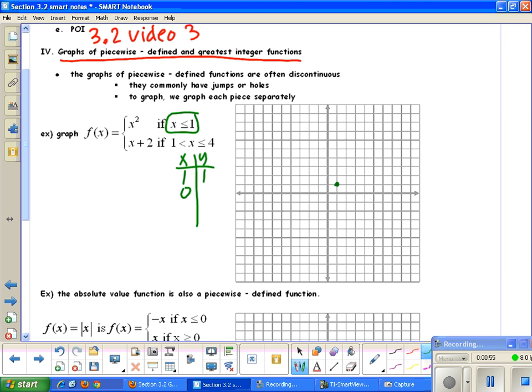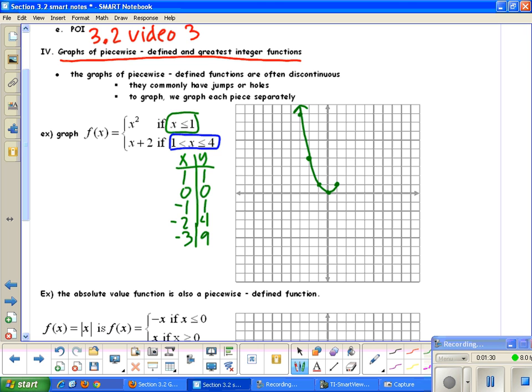So at 0, I would have 0 squared, which is 0. Negative 1 squared would be 1. Negative 2 squared would be 4. Negative 3 squared, of course, would then be 9. And so on. And my graph is only this part from that x value is less than or equal to 1. So then for the next part, we're looking at x values in between 1 and 4 for the